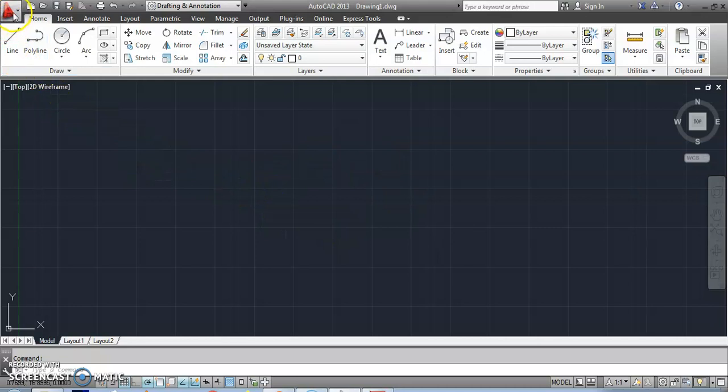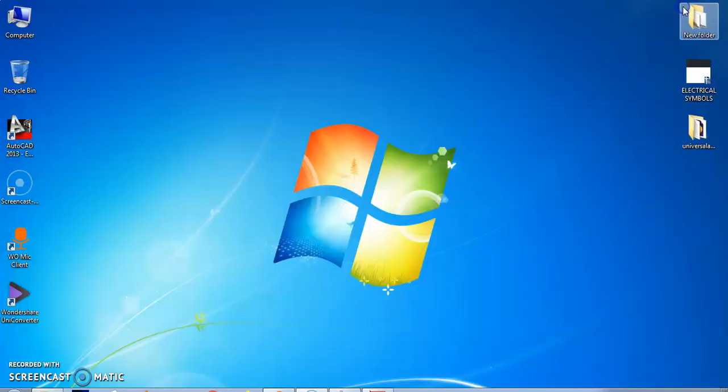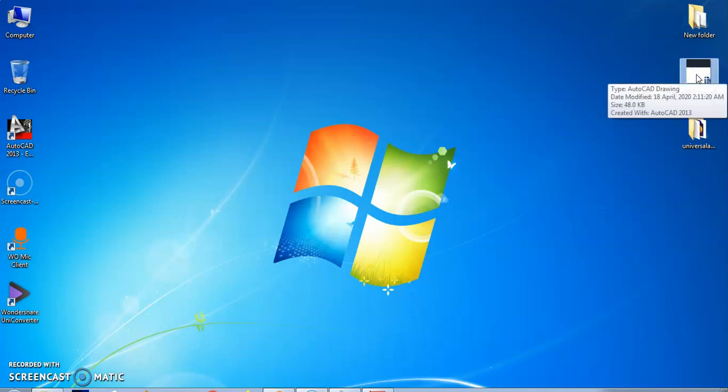We have very limited blocks in this AutoCAD software. So we shall add the blocks initially so that we can take them as per the requirement. And I will show you how to add the blocks. Also I'll be sharing those blocks in the description link. You can download and follow the same. So you can see that I have made the electrical symbols block already. Just download it from the description box.